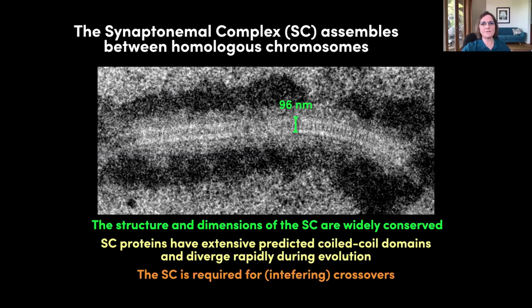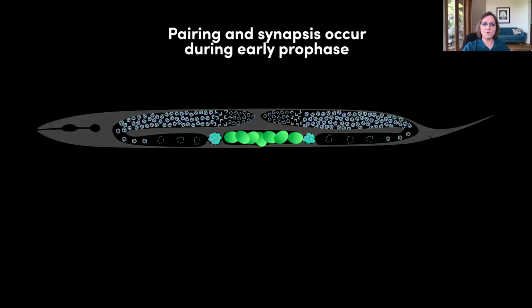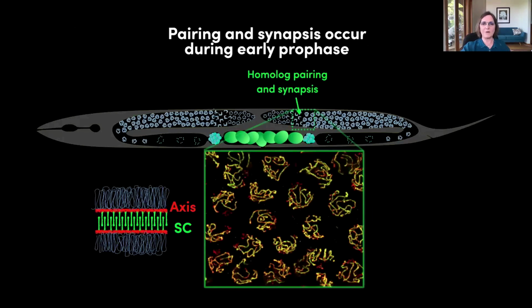And we've known for many years that the SC is required for this phenomenon called crossover interference. It's not strictly required for crossovers in all species, but it is required for the crossovers that show interference. And so the work that I'm talking about today really started several years ago with the efforts of a former postdoc in my lab, Ofer Rog, who is now at the University of Utah, and he was interested in studying the assembly of the SC between chromosomes, and he wanted to take advantage of the fact that C. elegans are transparent, and we can now label proteins in the germline, and he wanted to image this process of pairing and synapsis to study how the SC nucleated and spread out along chromosomes.